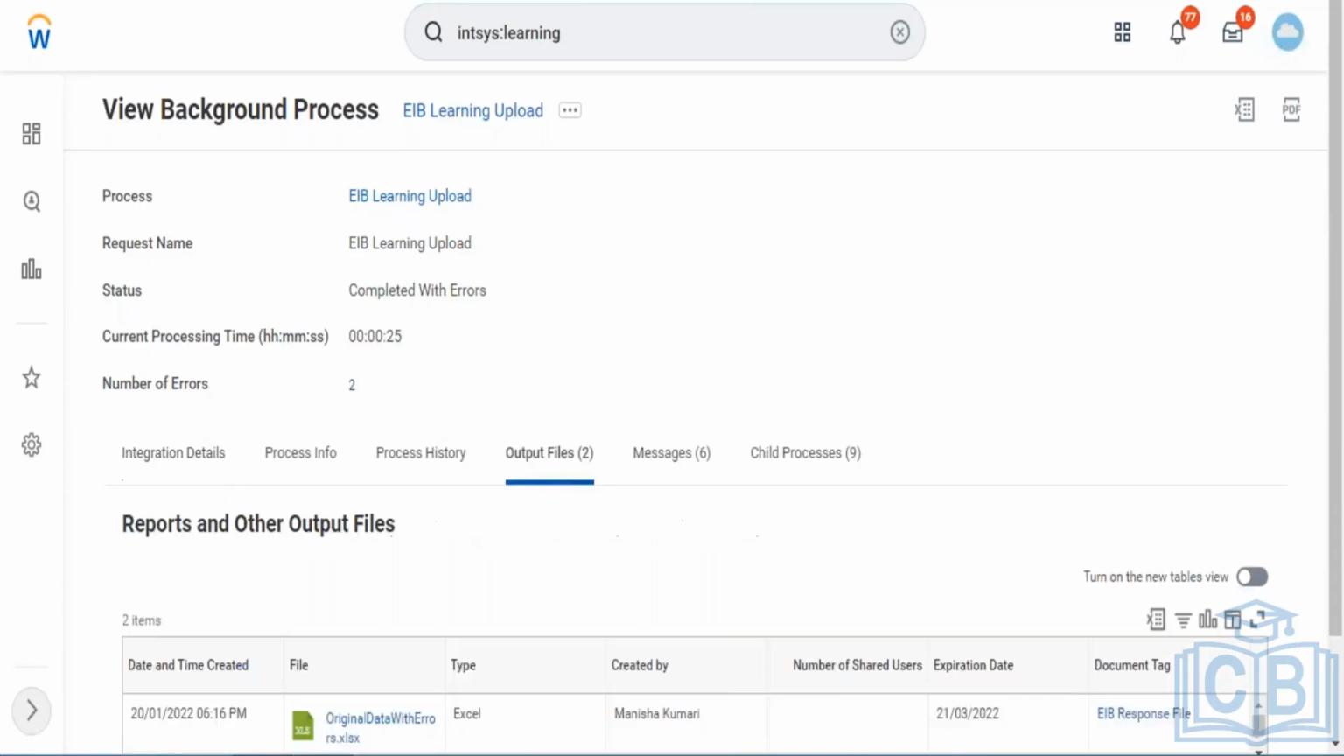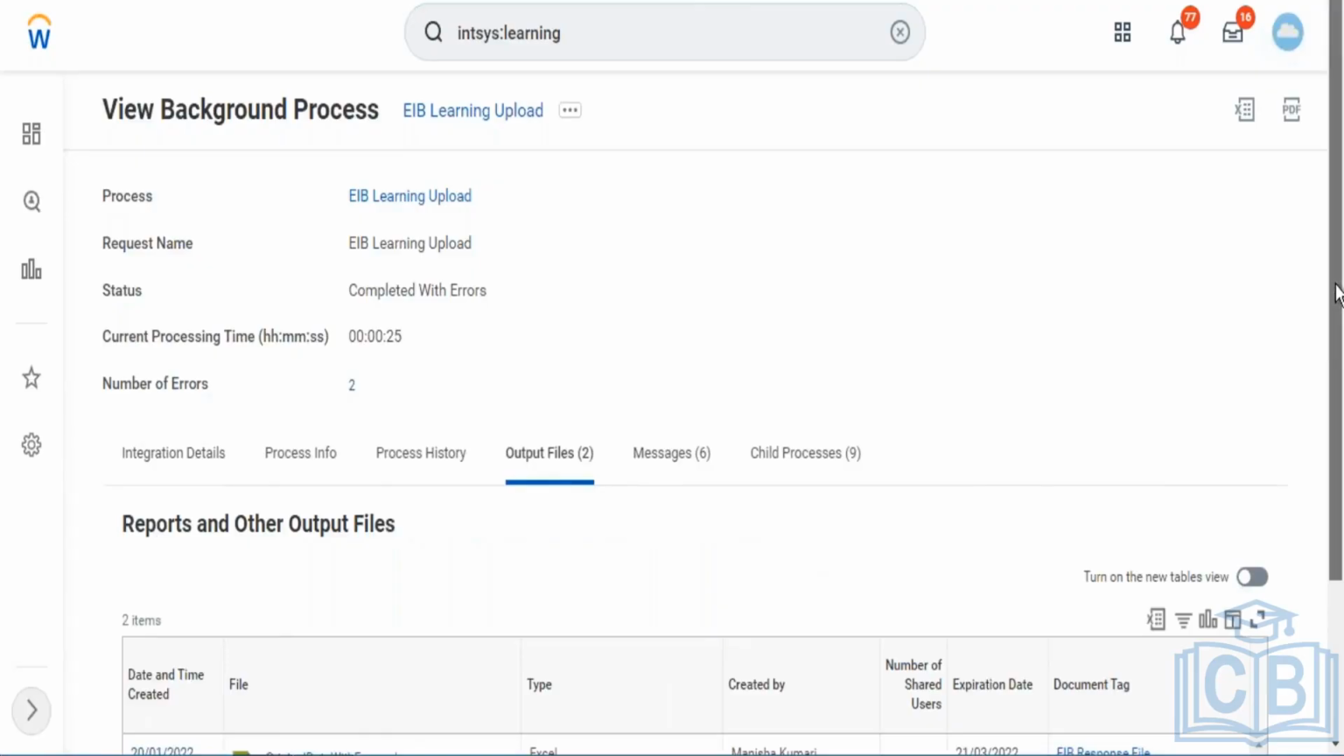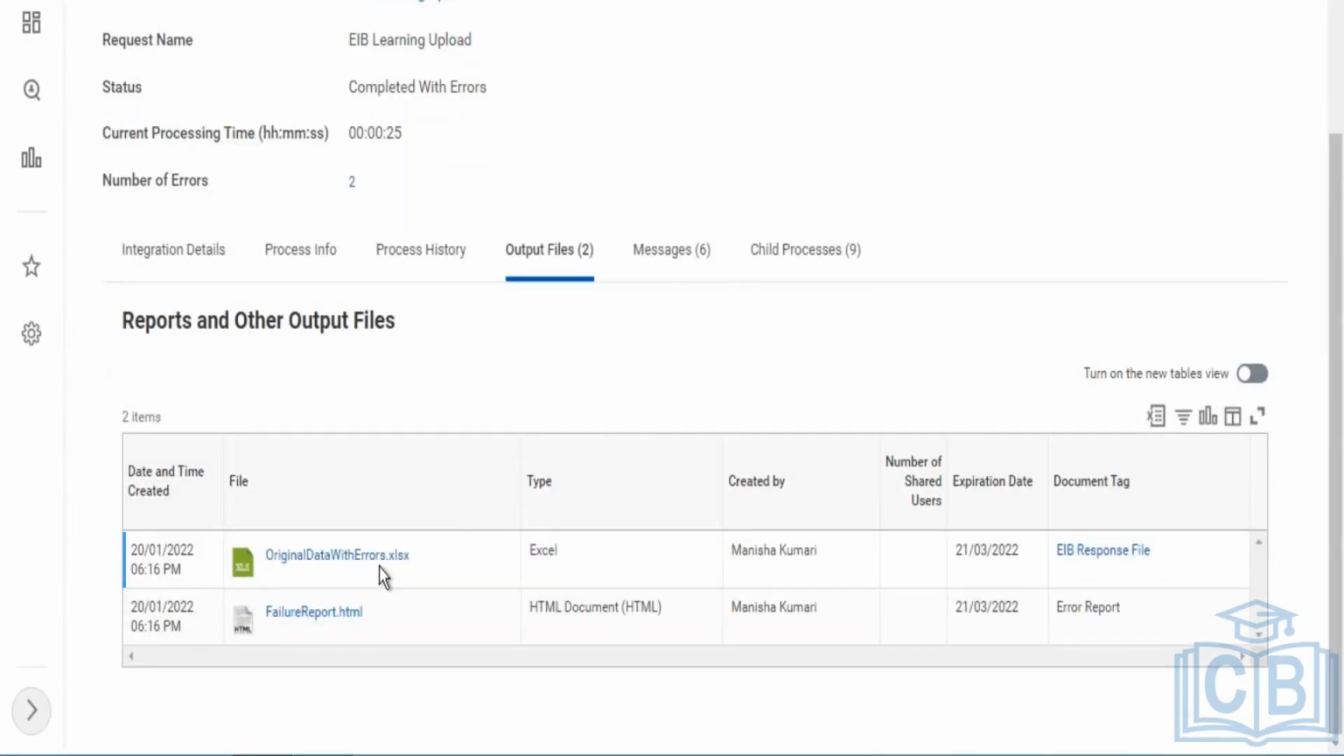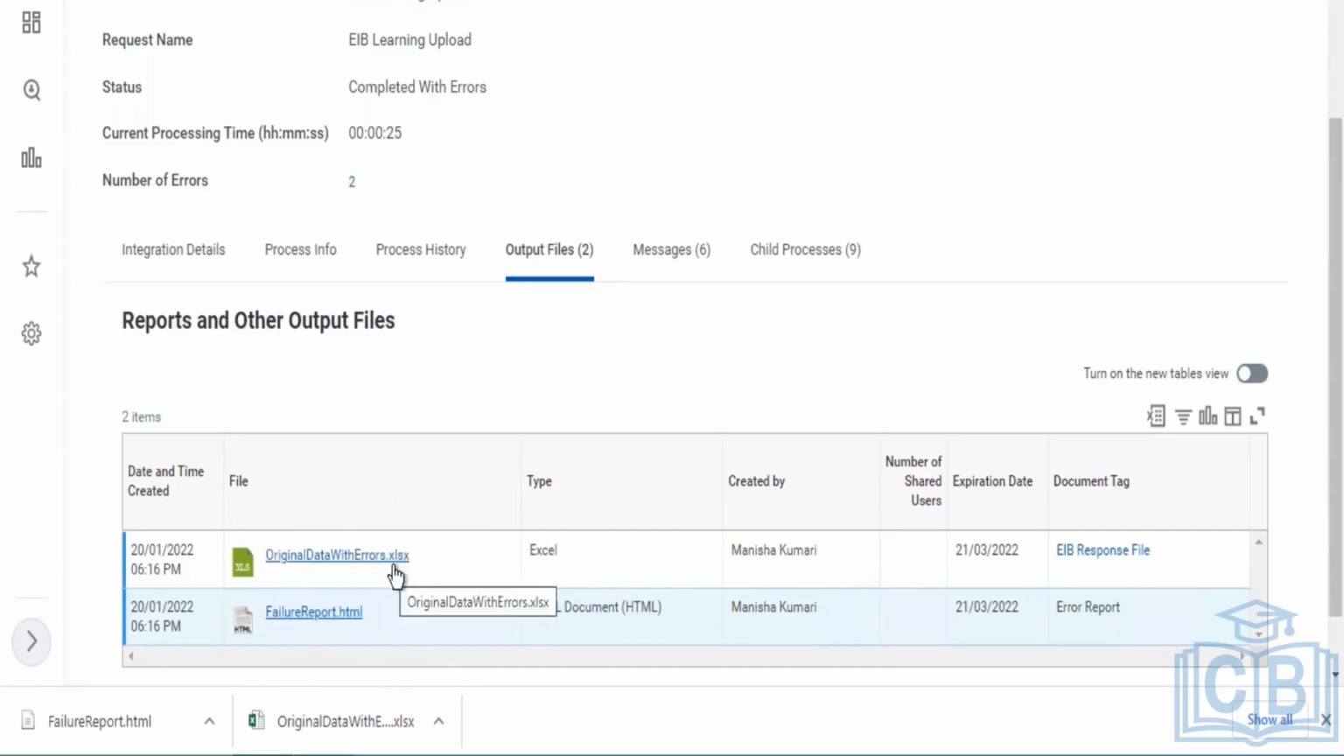Now you see one attachment also, because we have selected that option. Original data with errors: you'll be seeing an Excel sheet with all the errors, and also an HTML page with all the errors. This by default will be coming. Even if you don't select attach data errors, you'll be getting the HTML page. But if you want a spreadsheet format with all the errors, you need to select that attach data errors to the integration option. Now if you go to the HTML,